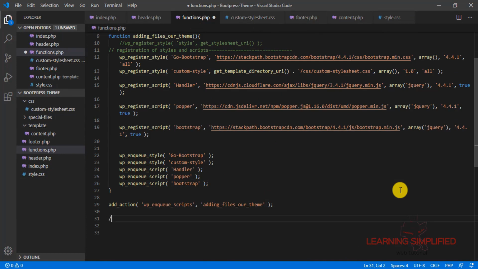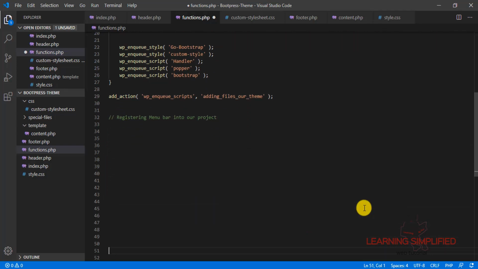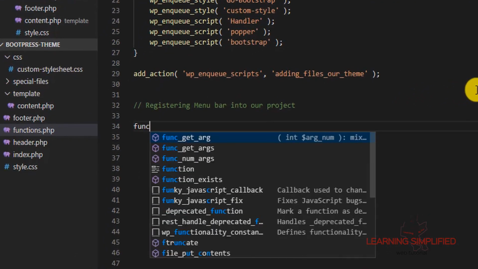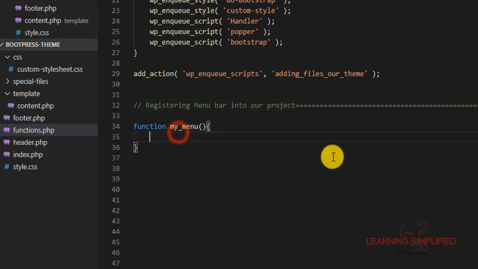So all we are going to do, we may indent it a little bit bottom, and for sake of clarity we'll be keeping our screen at the middle portion such that you may have a closer look at it. We are creating another function which is known as my menu. This is the first thing that we are going to do, and inside we are going to register our menu.